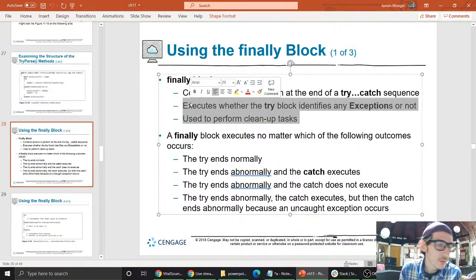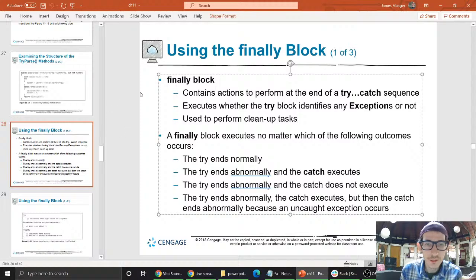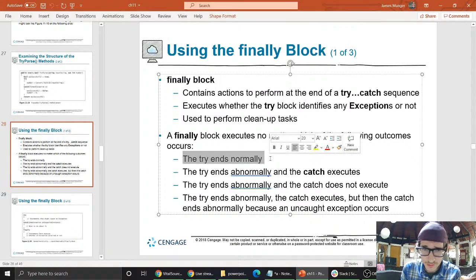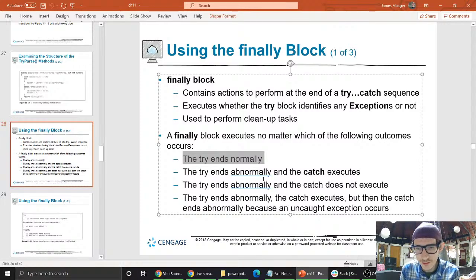Finally, you can include in a try-catch structure at the end a finally block. And so it says inside of this you can put code that can help you clean up. So you can use other classes and methods and whatnot. It's just a block of code. Okay, so if there is no exception, it's going to run the code in there. If it catches, and it'll happen no matter what. It's always going to run, unless